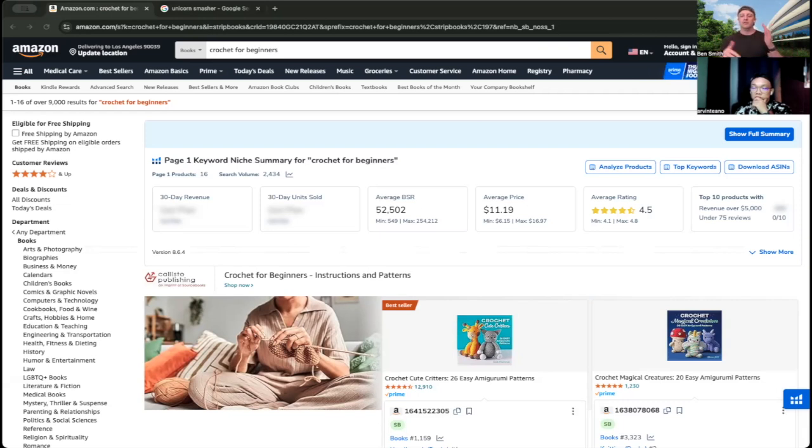Just remember that you need demand. It's really hard to create demand on Amazon if you're writing a book. It's better to find the demand and serve that demand. So the higher the search volume, this is one of those really important criteria. I would say this is one of the biggest ones I lean into. There aren't many that tell you don't write a book about this topic. This is one that starts to push me away from a category. If I start getting red here, it's telling me I don't think this is the right keyword, or it might not be the right category for me to write a book about.